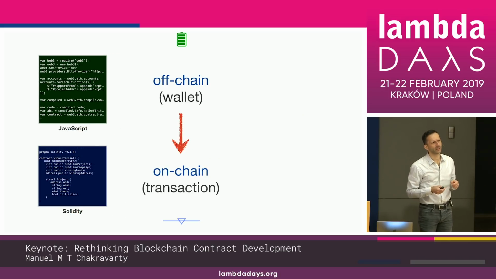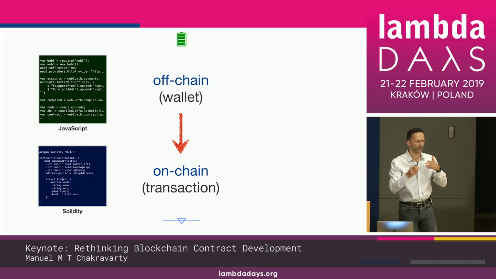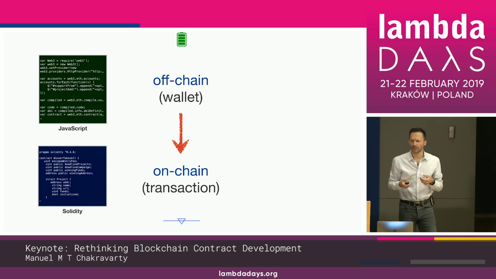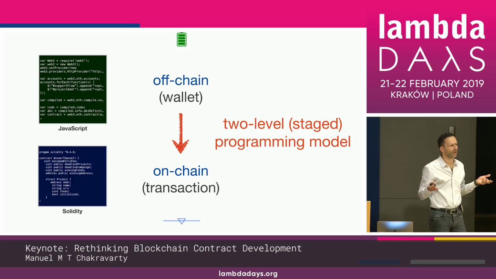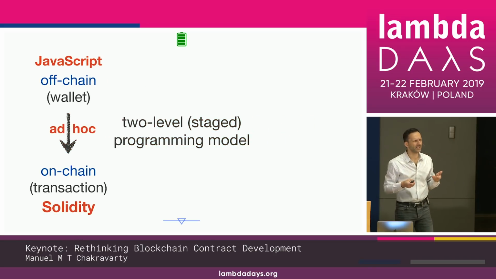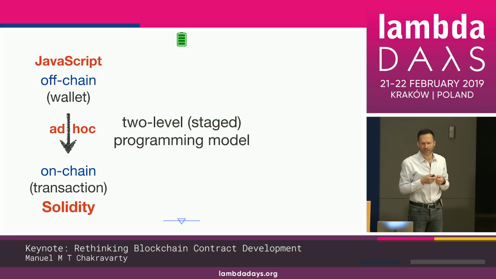There's a JavaScript library called Web3.js, and the JavaScript code runs in the client's browser, and it talks via this Web3.js through a local node of the blockchain and via a JSON protocol. And really, if you come from a programming languages background, you see this kind of thing, you say, well, this is actually a staged, two-level programming model. Why am I using JavaScript and Solidity in an ad hoc JSON connection?